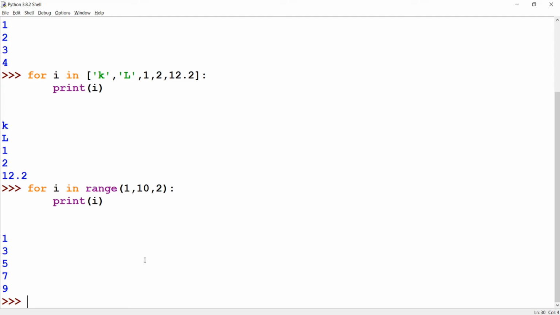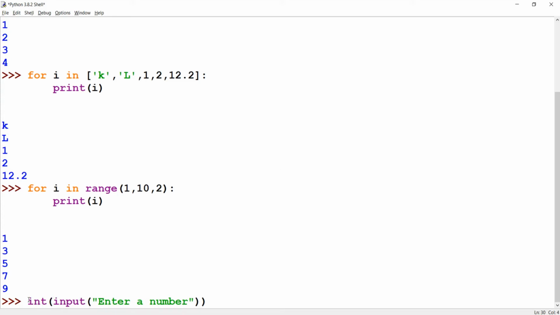Now for example, if I have to print the factorial of a number, what will I do? First I'll take input, enter a number, and it should be an integer input, and we have to store it in a variable.